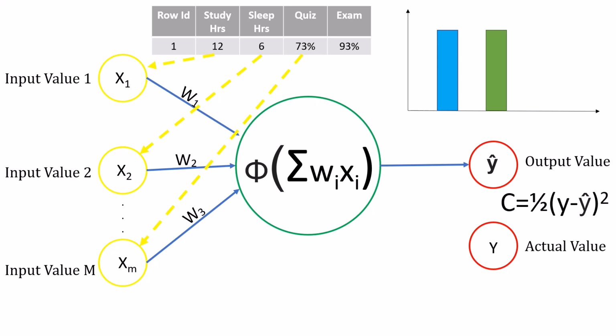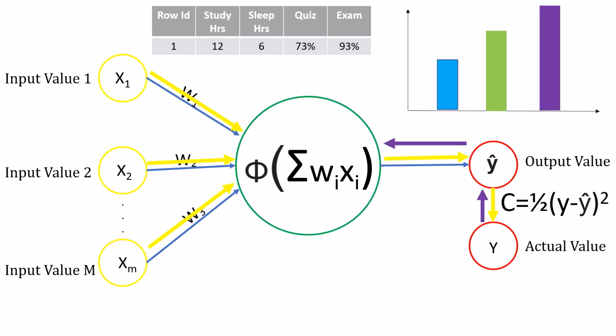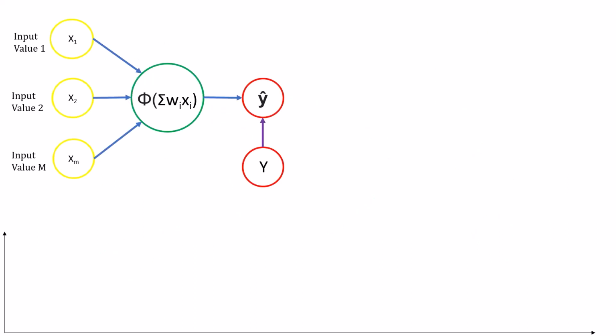Let's take a quick look at how it learns. We feed the values into the neural network, activation function is applied, y cap is predicted, which is compared to the actual value, and cost function is applied. Then we send this cost function back to the neural network and weights are updated. This process is repeated until we get the minimum cost value. We feed the same row again, we get a y cap and we compare this to y. Cost function is fed back to the neural network and weights are updated. This is a very simple example as we had just considered one row.